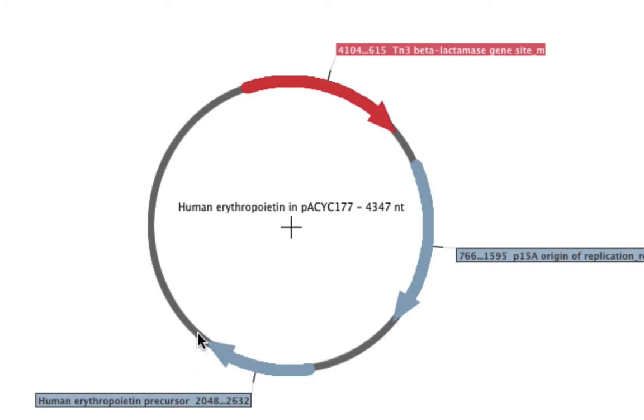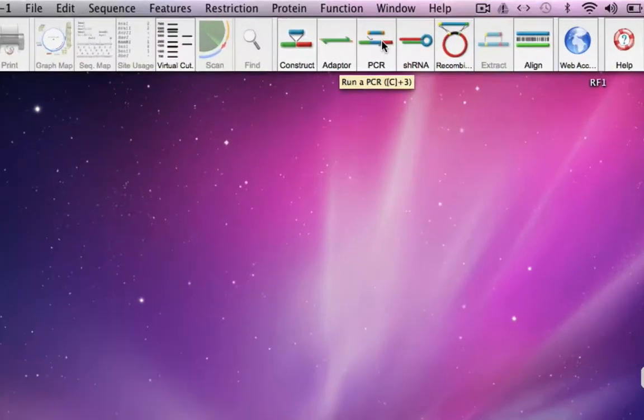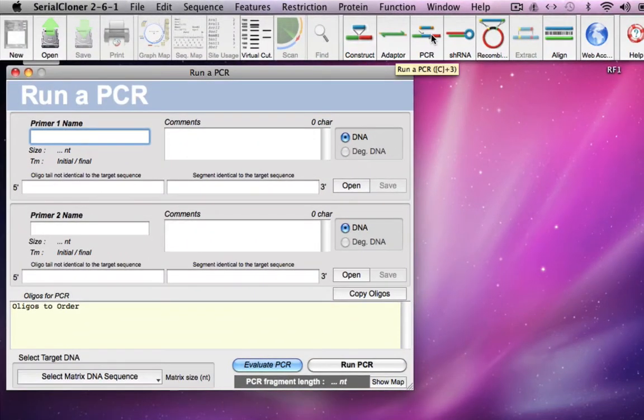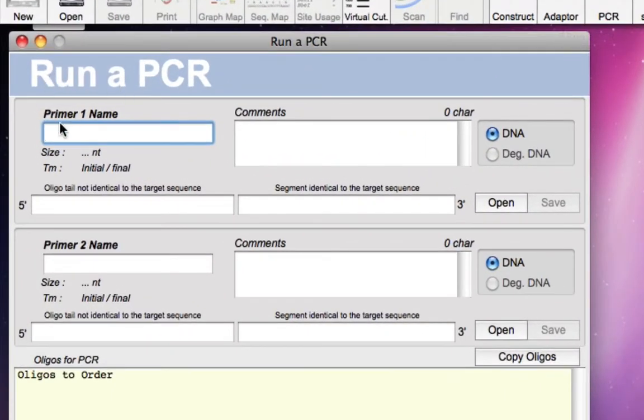So as a first step, we need to do PCR amplification. So at the top panel, click on PCR. It will open the run a PCR window. This is primer number 1, details, name and the sequence of the primer. Primer 2.